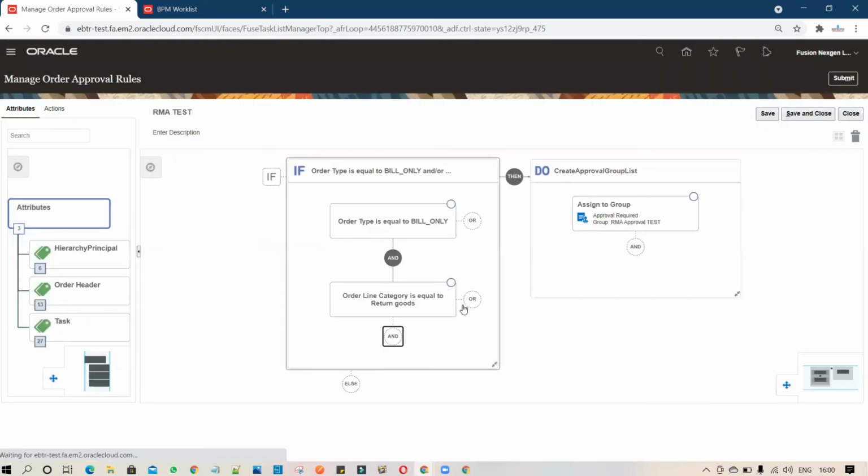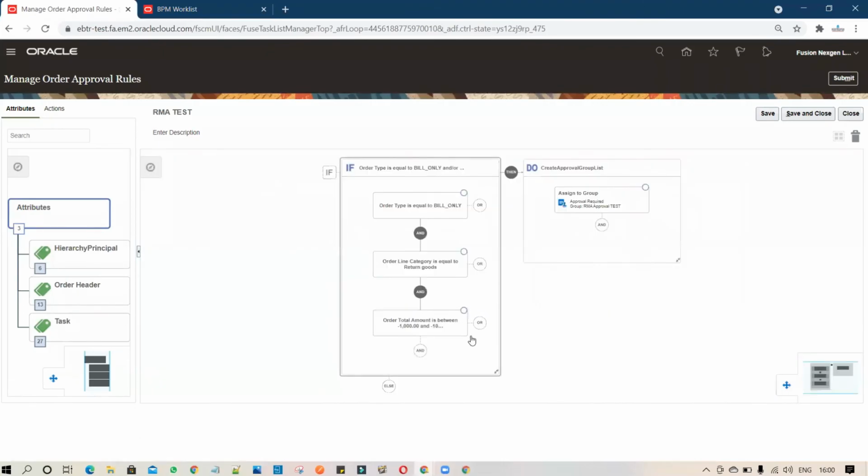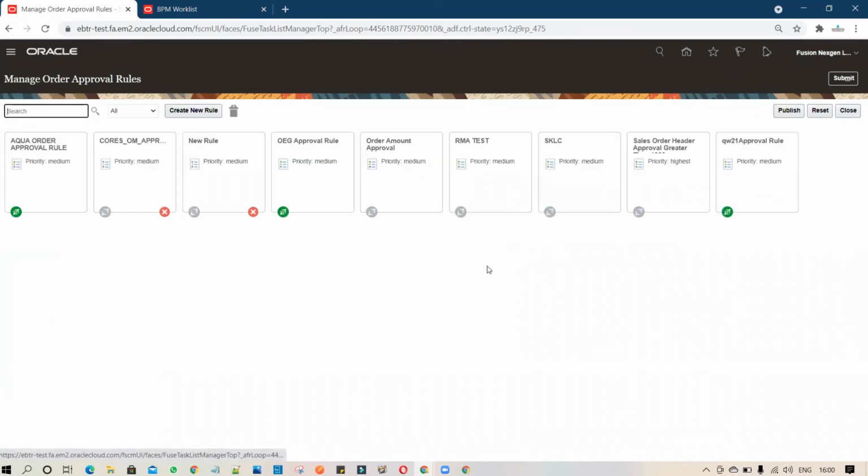So you have to click on OK. So this is how, if there is a requirement in your business, the amount based approval, you can achieve it within Fusion system. After that, you have to save and close. Once you click on save and close, after that, you have to activate your rule.